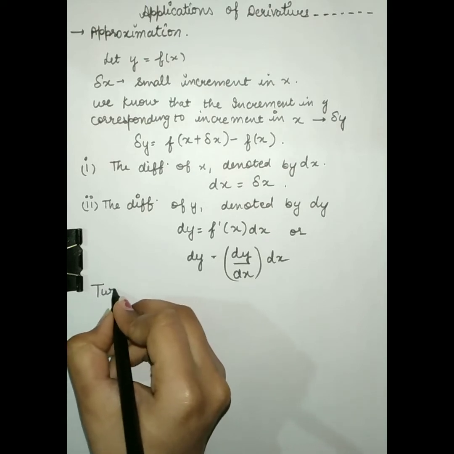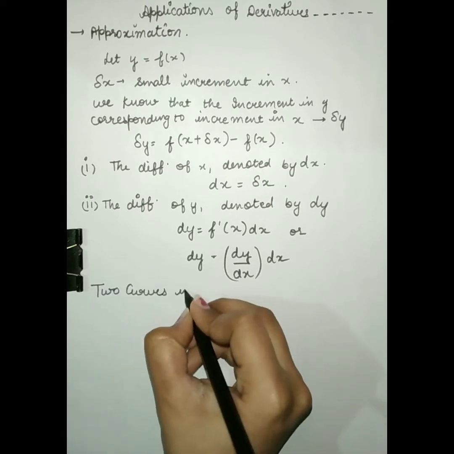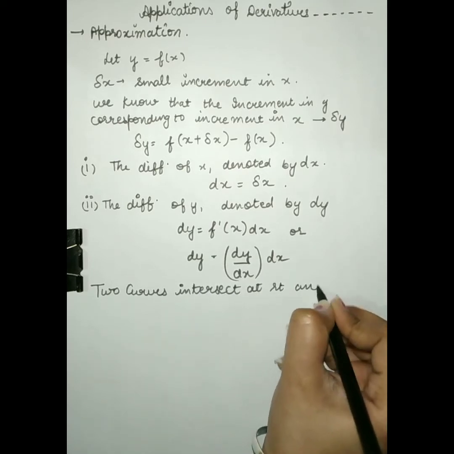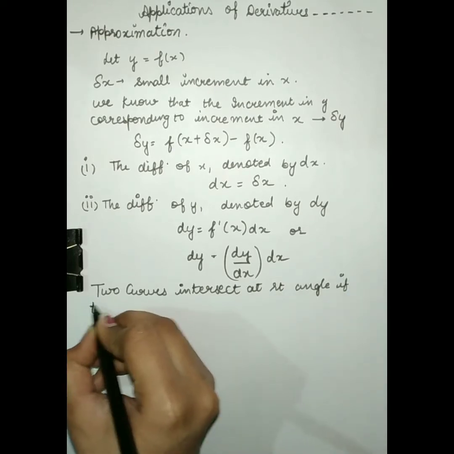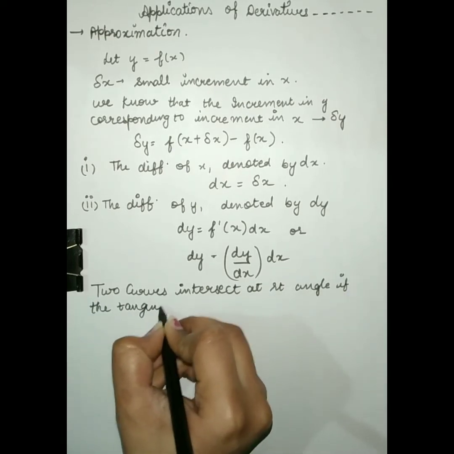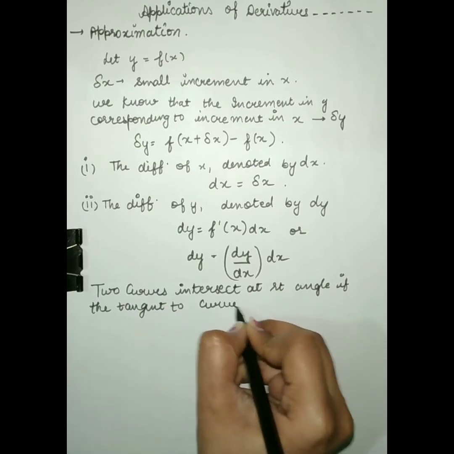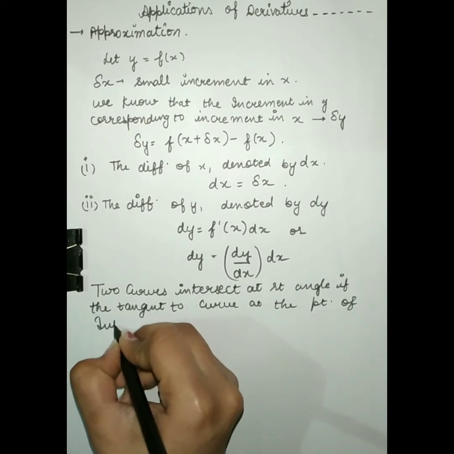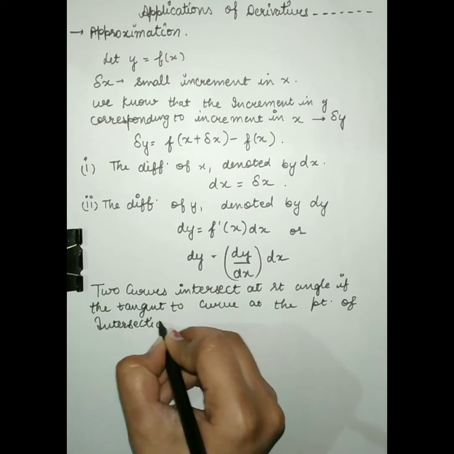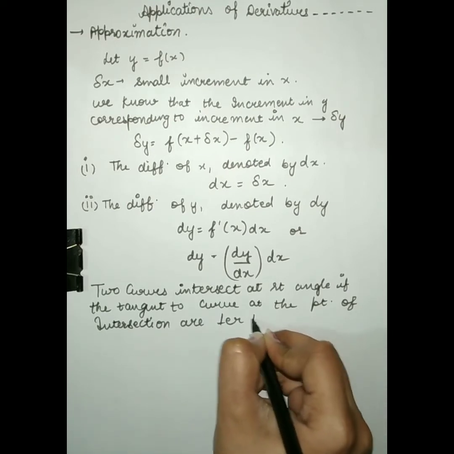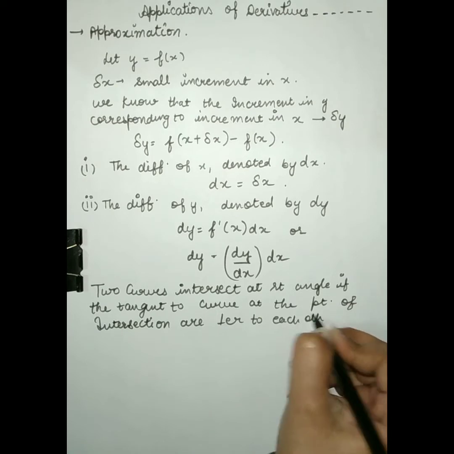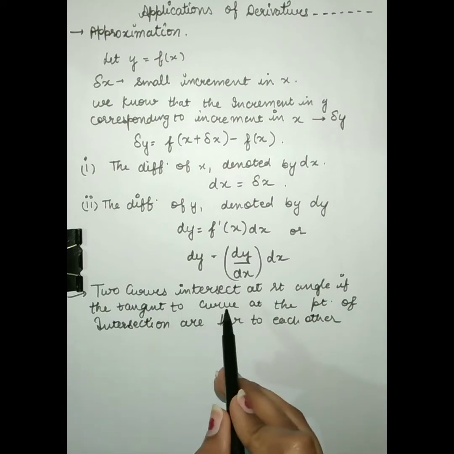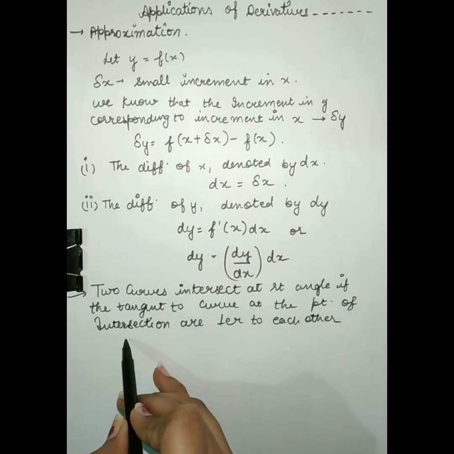and the two curves intersect at right angle if the tangents to the curves at the point of intersection are perpendicular to each other. This is the important point. The two curves intersect at right angle if the tangents to the curves at the point of intersection are